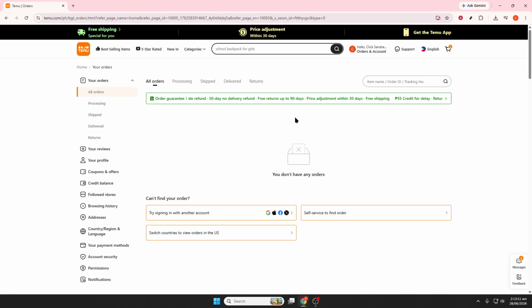Temu may support options such as a credit card, debit card, digital wallet, or other available payment methods depending on your region. Before you finish, review your full order one more time. Double check your shipping information, payment method, selected items, shipping costs, and the total amount. This final review helps prevent errors and gives you a chance to fix any